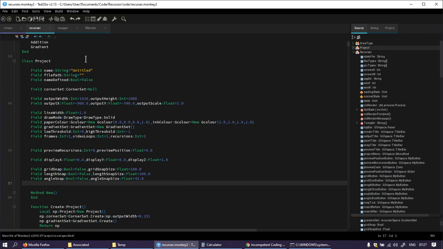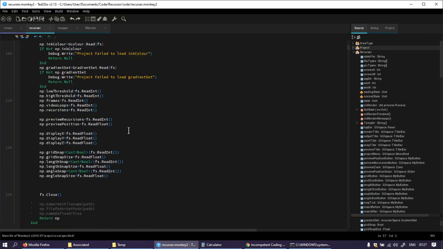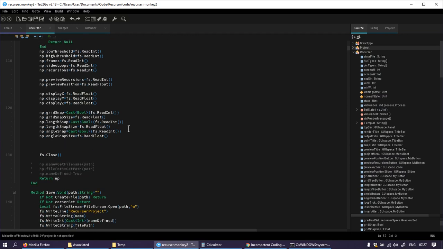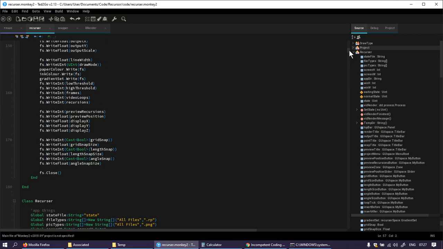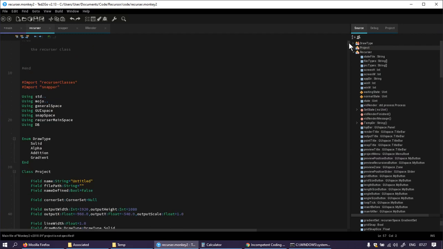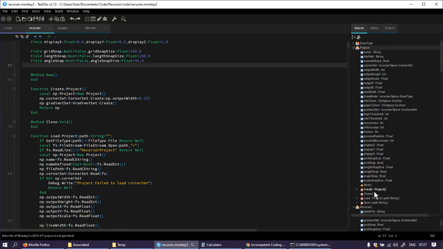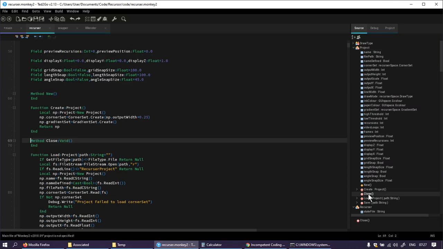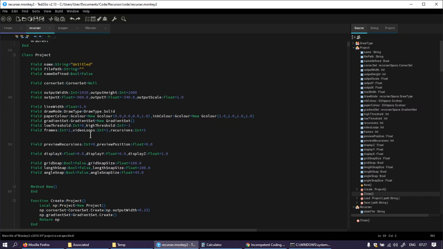So, I want to include the project class, but I don't want to bother with the recursor class. There's nothing intrinsic inside. Like, the project class is quite small and simple. It's just the information associated with it, and create, close, load and save. Close does nothing as well,